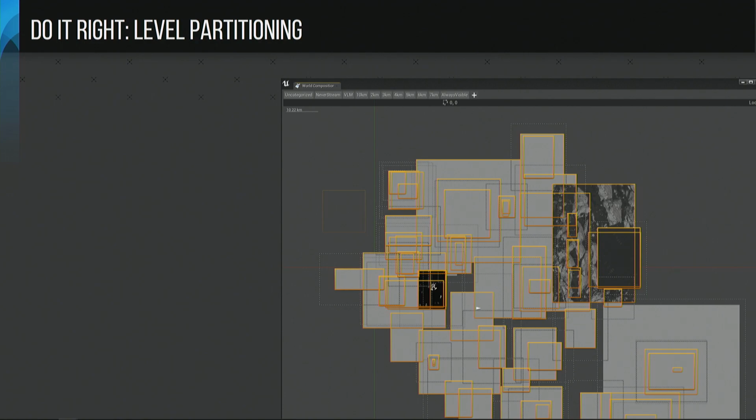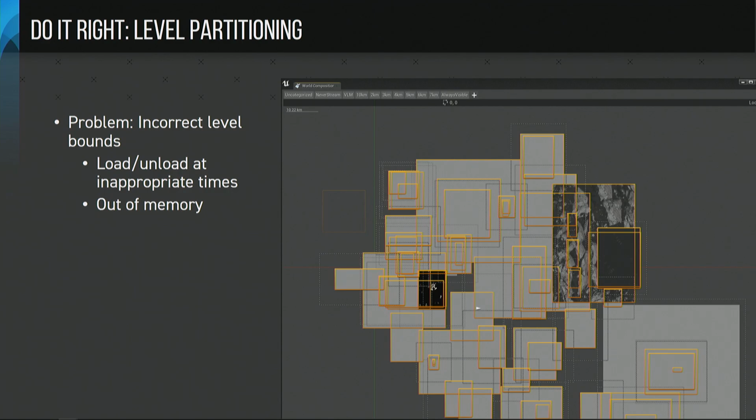And the problem that we had was that these level boundaries are automatically derived from all the actors that are part of this level. And if you don't have correct level boundaries, they might end up in the wrong place. So they might end up going right through a combat area. So while you are there fighting, doing lots of CPU heavy stuff, you also all of a sudden need to load some stuff or unload some stuff, and that would just then break the performance in our case. Or if your level boundaries are way too big, then you will run out of memory because you have all the stuff loaded at the same time.